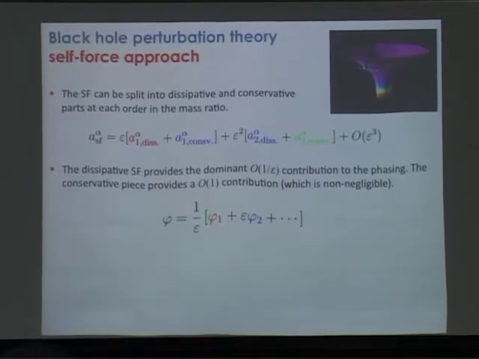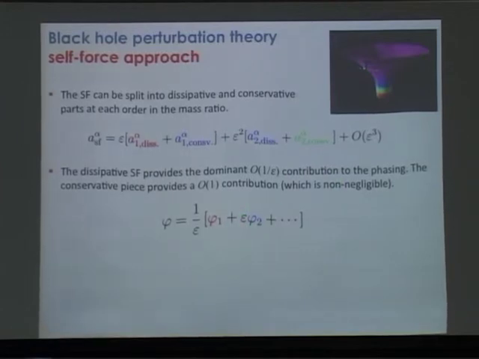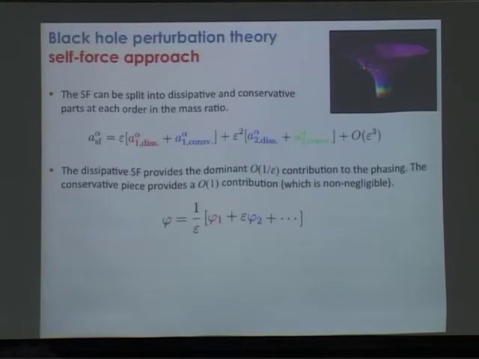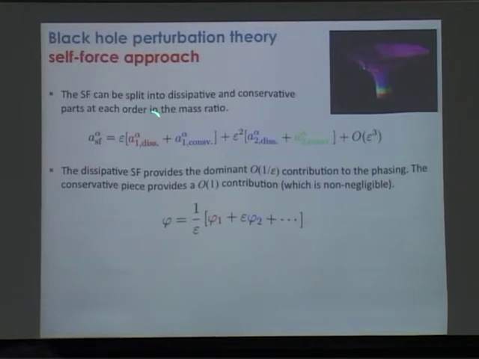However, if you look at where this conservative piece comes in, it comes in at another order in the mass ratio. But if you look at how this term scales, you basically have an epsilon divided by an epsilon. So essentially you get a potentially order unity correction to the phasing. And as we talked about earlier, you have to worry about order unity corrections in the phasing if you want to do match filtering, to measure your parameters very accurately. So even though this conservative effect is smaller by a factor of the mass ratio than this dissipative effect, we still need to take it into account.